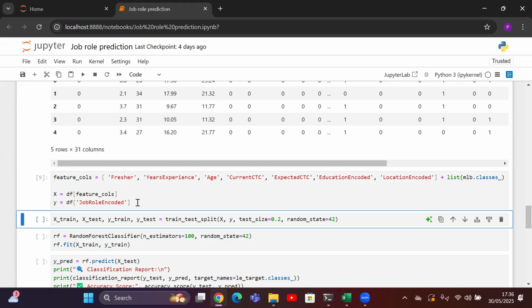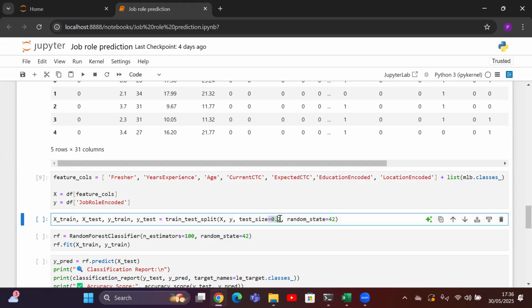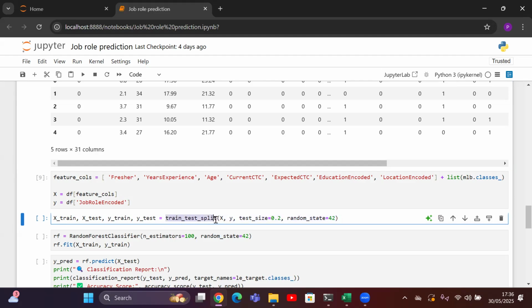Now we are going to move to the next step. What are we going to do? We are going to reserve 20% of the data for testing, and the remaining 80% goes for training, by using the function train_test_split. We need the same data for different iterations, maybe for rerunning purposes, so we are going to retain the state of the data. So we now have X_train, X_test, y_train, and y_test.